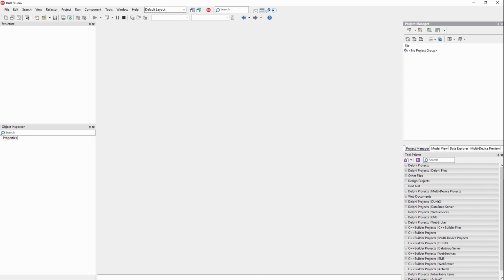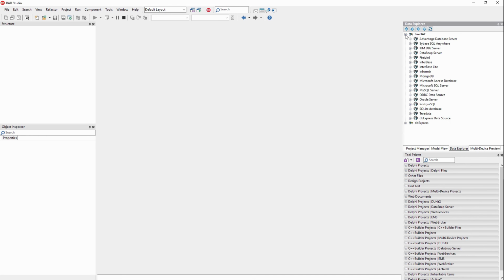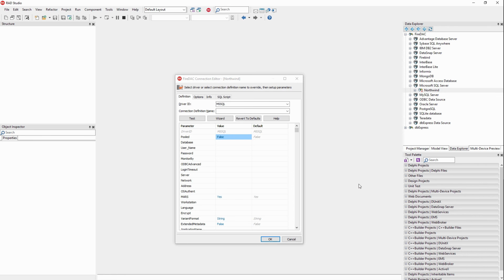So I'll show you how to connect to Microsoft SQL Server. We're going to go to the Data Explorer here, and we'll expand FireDAC and come down to Microsoft SQL Server. Right now I have nothing defined here. You may have one already. If not, just come in here and we'll say Northwind, and it brings up the connection editor with MS SQL